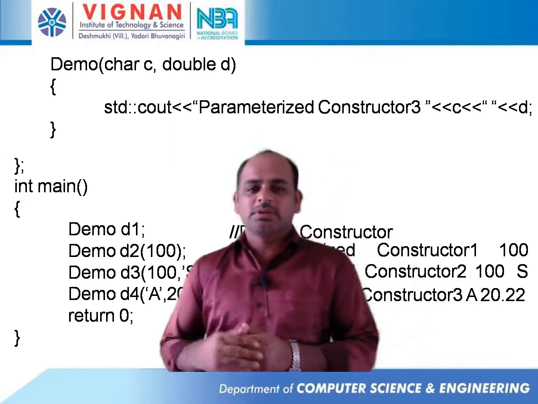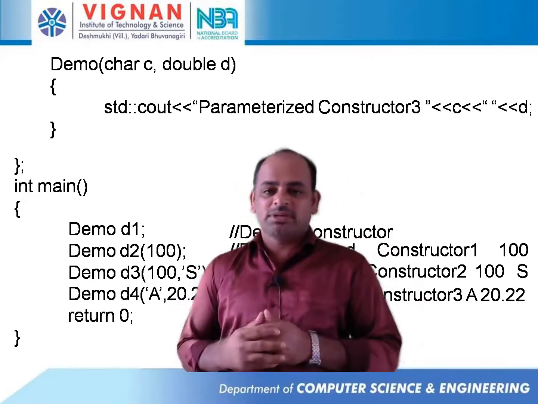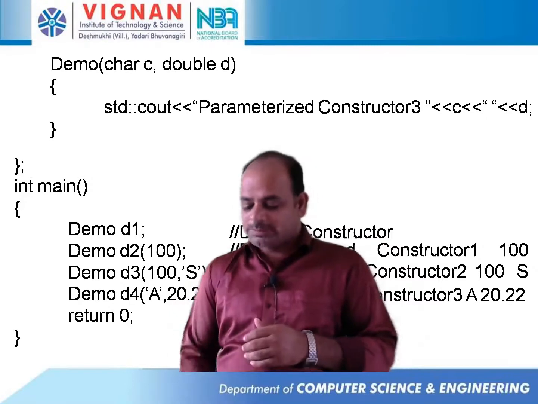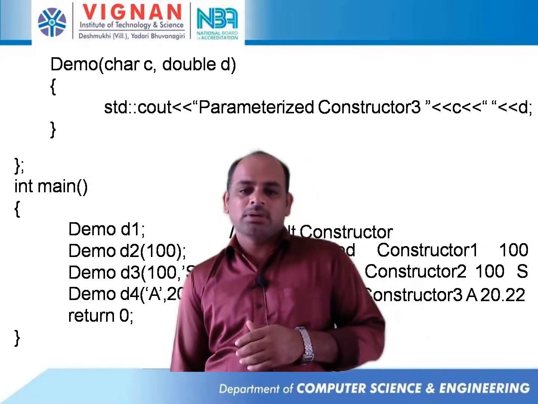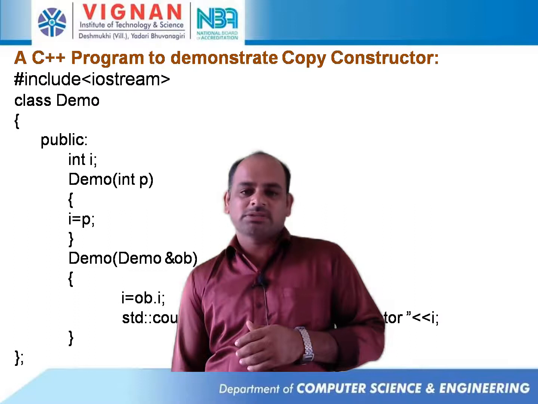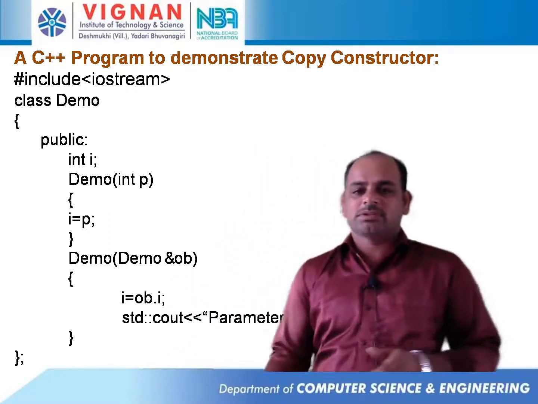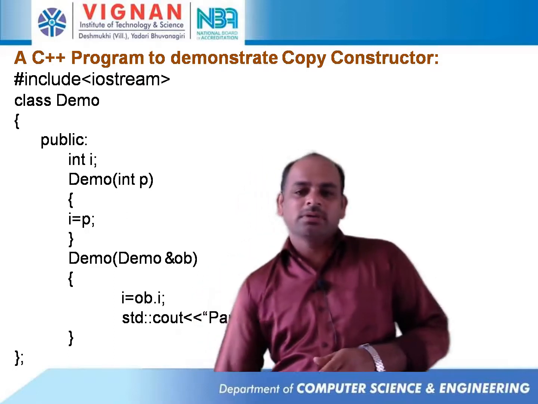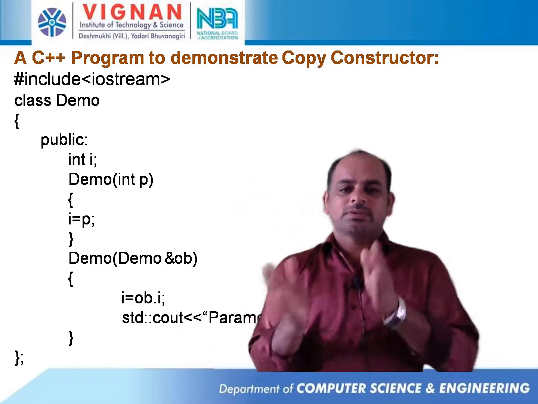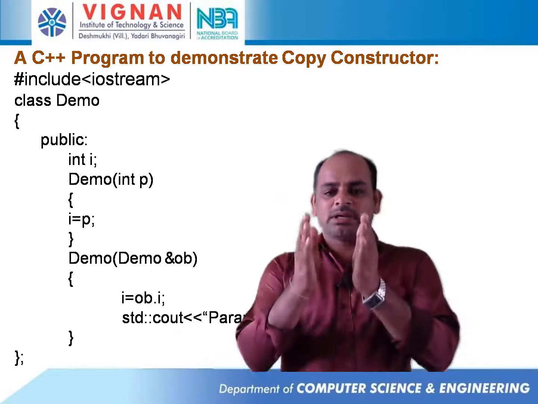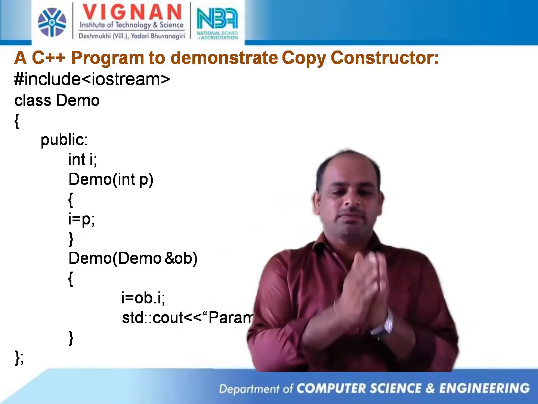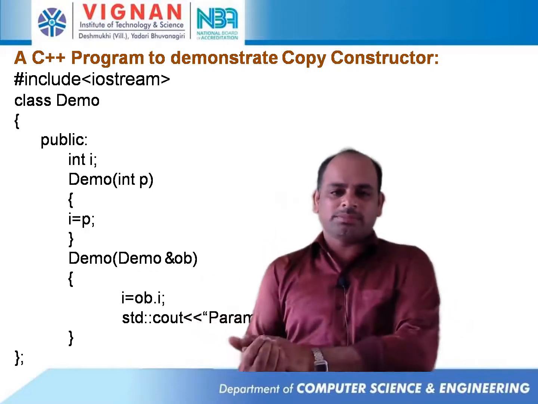So now we have seen the default constructor and parameterized constructor. And one more type of constructor, what is that constructor? Copy constructor. So what is the use of the copy constructor? Basically, we use this copy constructor to copy the content from one object to another object here. That means we can create two objects here. The content of one object can be copied into the other object, right?